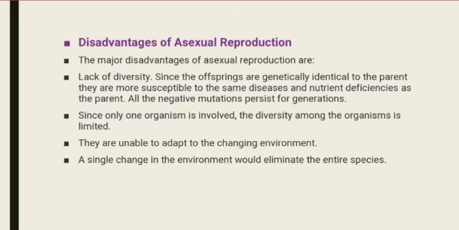In the advantages, we have told that any good qualities in the parents can be continued in their generations. In the same way, if there are any disadvantages, like any diseases, any nutrient deficiencies, any negative mutations in that parent, all these kinds of unwanted characters will be passed